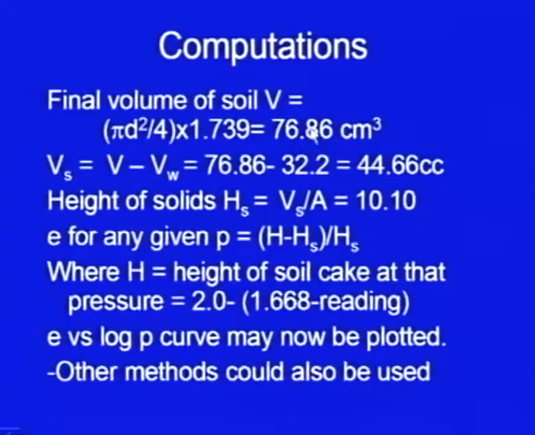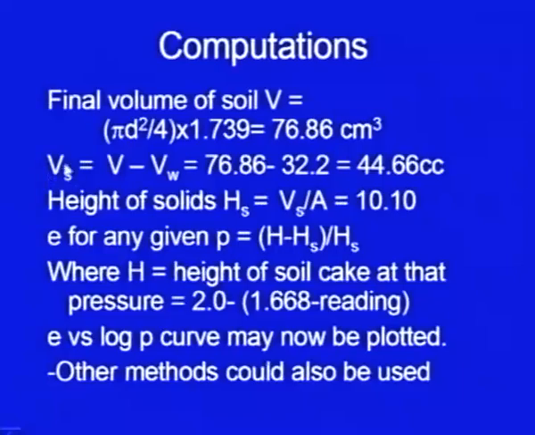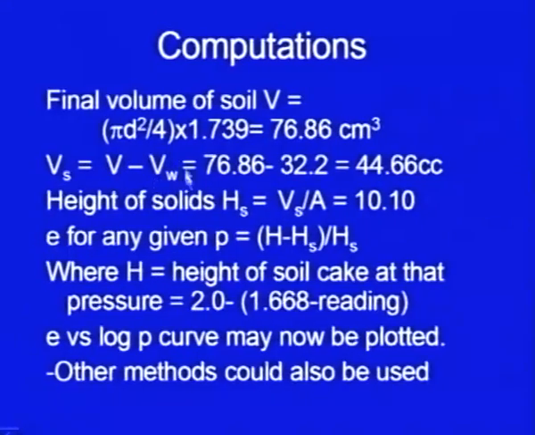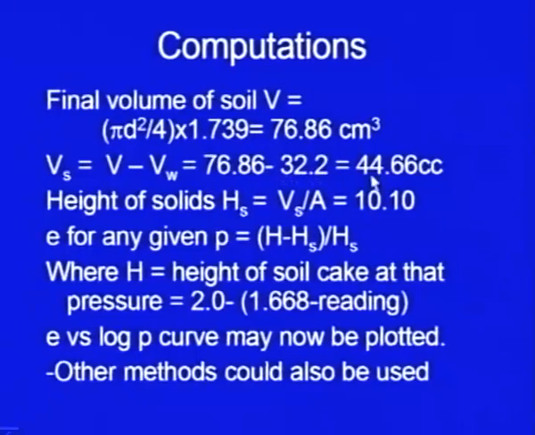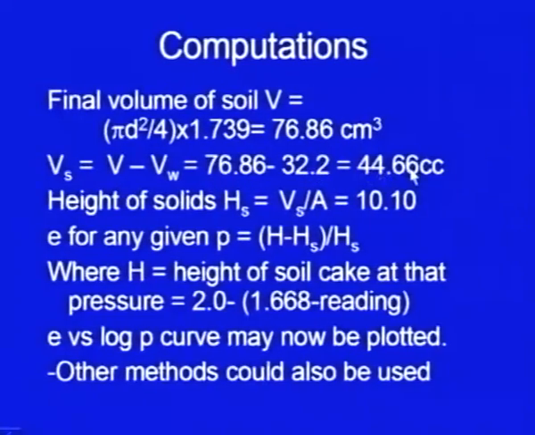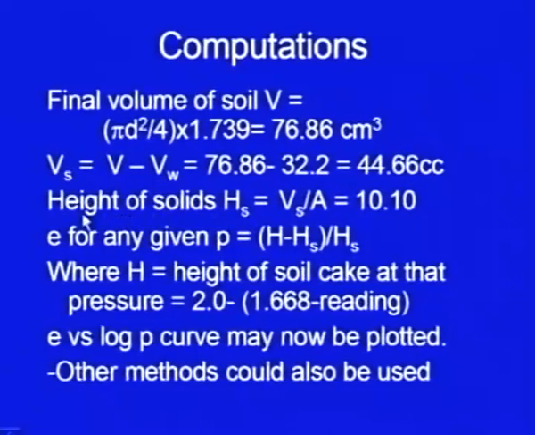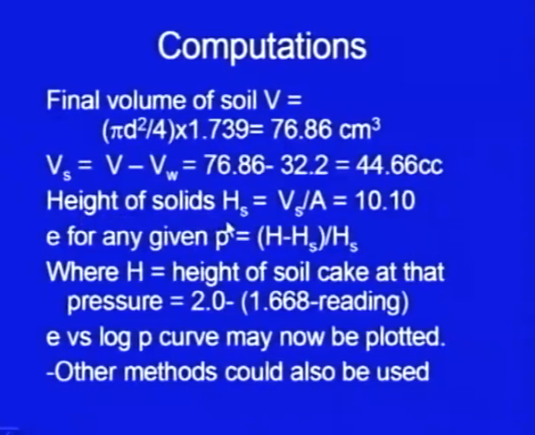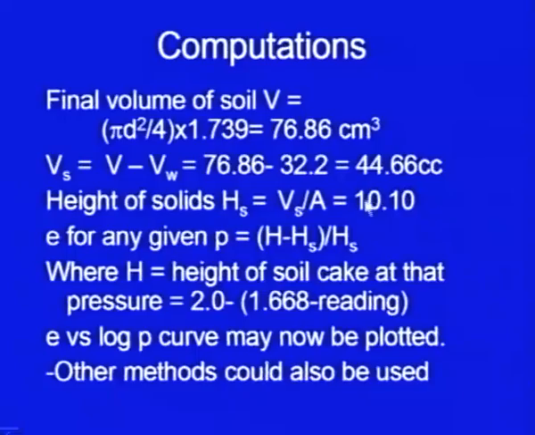Final volume of the total soil mass is available. We had already calculated the volume of water. So, you can now find out the volume of solids. That will be the volume of the soil mass minus the volume of water, 76.86 minus 32.2, which is 44.66. This is the volume of solids. You already know the definition of height of solids. Height of solids will be the volume of solids divided by the area of the ring, and it comes out to be